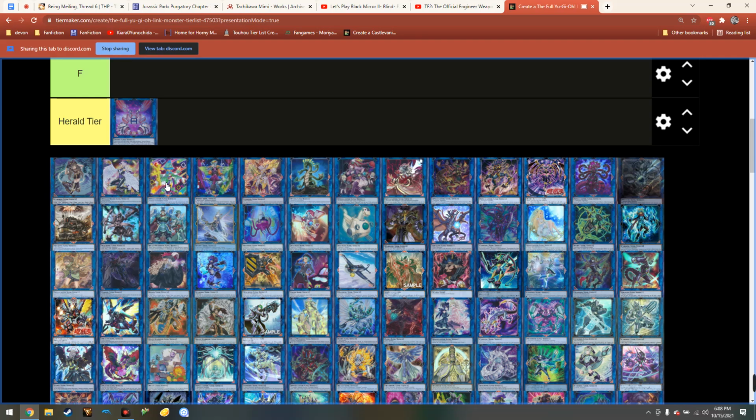This card is called PUZZLOMINO, the Drop-In Deleter. It's a Link 2 Spellcaster, Light Monster, 1300 attack. Its arrows are south and east. And it requires 2 monsters with different levels. If a monster is special summoned to a face-up zone this card points to, while you control this monster, except